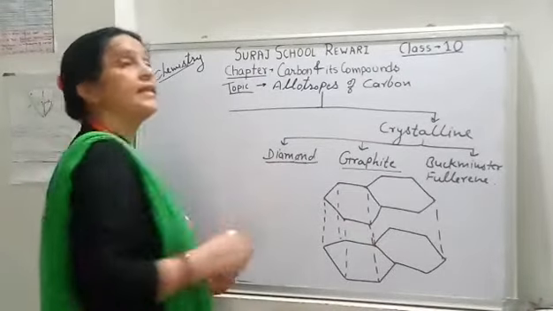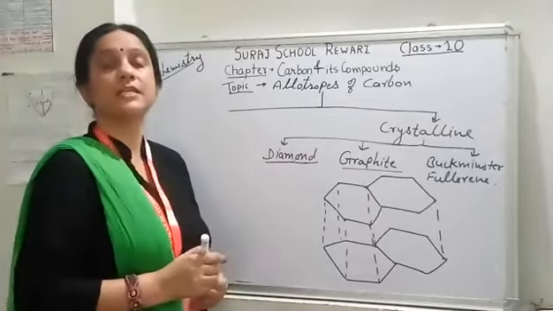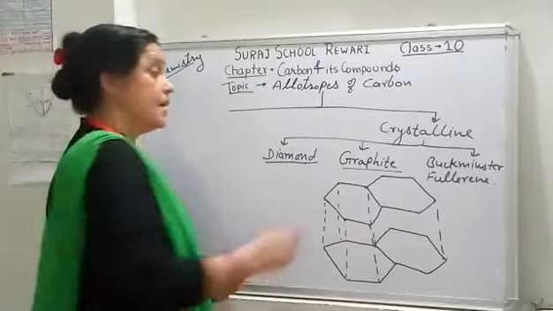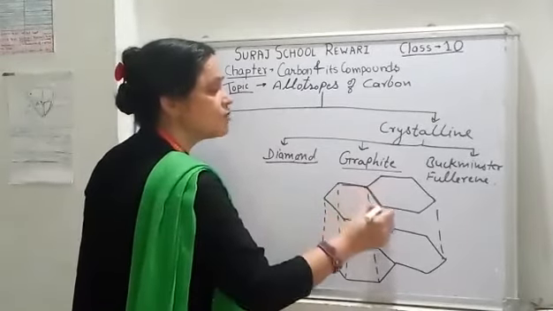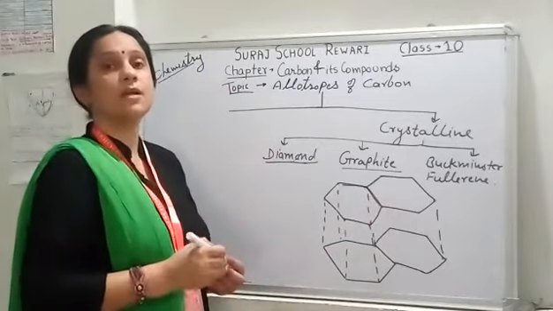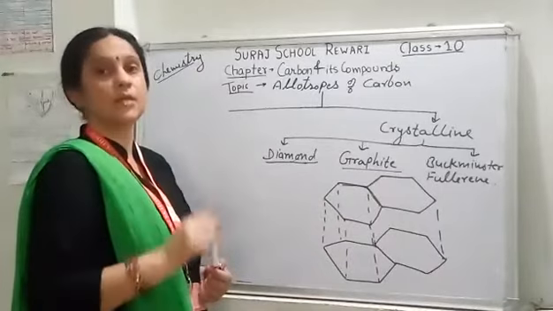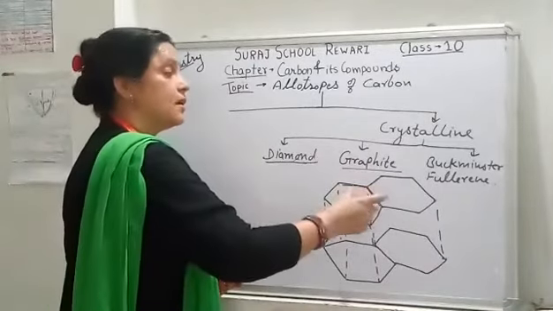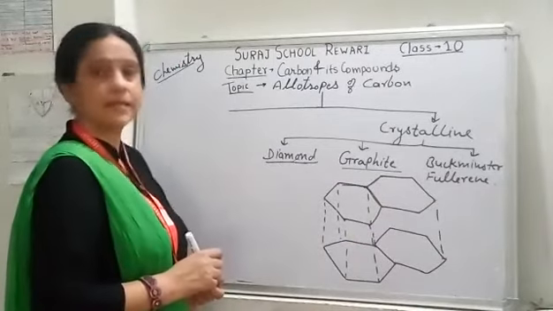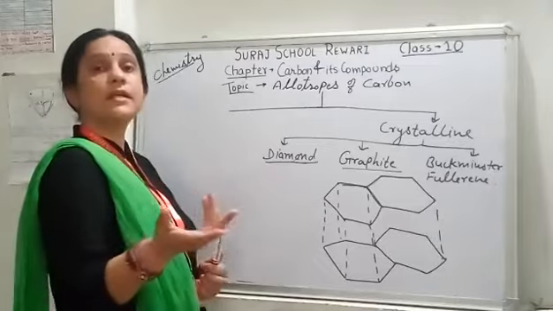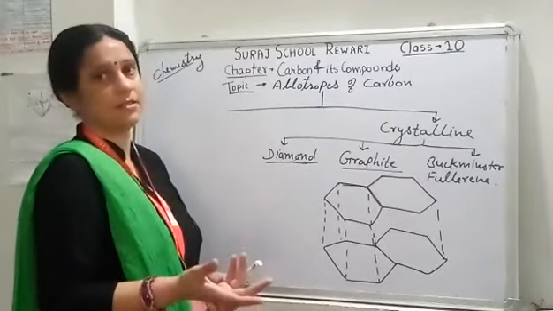That's why graphite forms a black mark on paper. That's why graphite is used as the lead of a pencil. In graphite, carbon uses only 3 valence electrons in bonding. So each and every carbon of the layer of hexagons in graphite has one free electron, which can conduct electricity. That's why graphite is a good conductor of electricity. Graphite is a good conductor of electricity, so it is used in electronic gadgets, dry cells, etc.